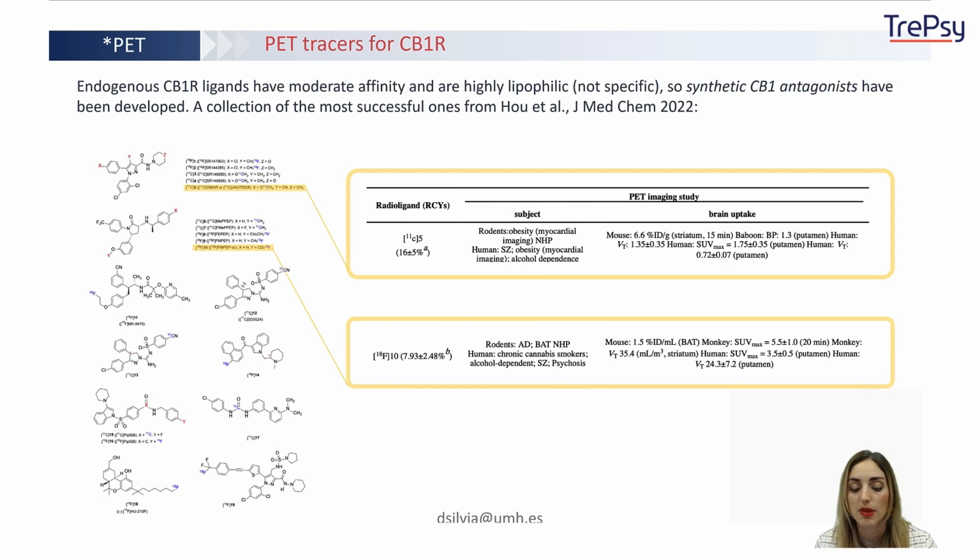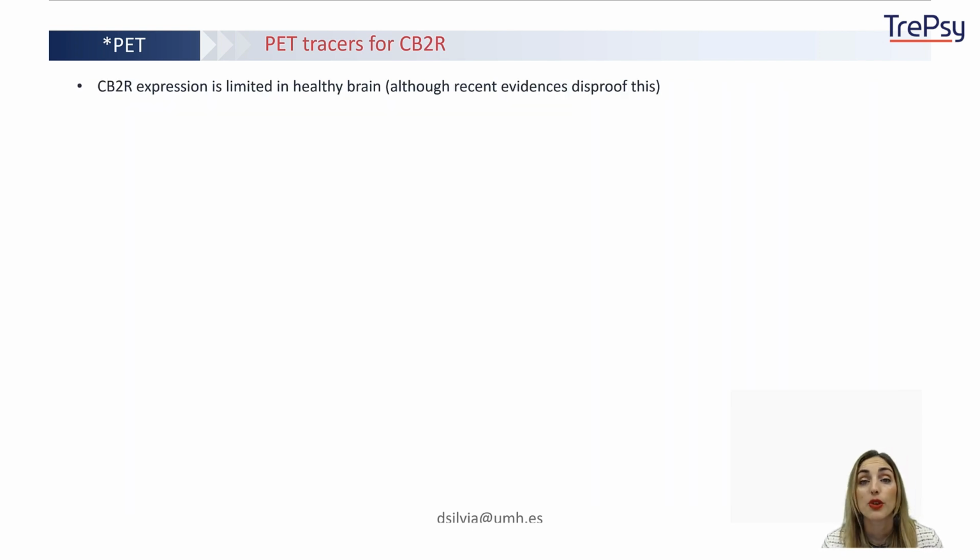The second one is based on fluorine, it's more recent, and again, its efficacy has been proved in rodents, non-human primates and humans, and in diseases. It has even better values for the brain uptake. But for a full list, I refer you to this very good